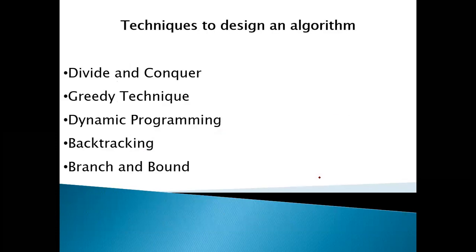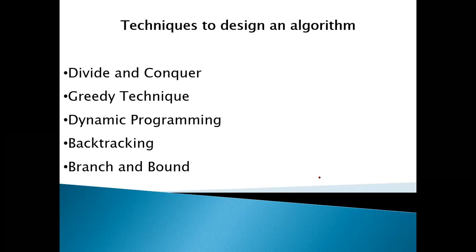So these are the techniques which we are going to learn in the upcoming units. First one is divide and conquer strategy, second is greedy method, third is dynamic programming, fourth is backtracking, and fifth is branch and bound. First one is divide and conquer. In this technique, the problem is divided into many subparts and each subproblem is solved independently. It will not guarantee that it will give an optimum output.